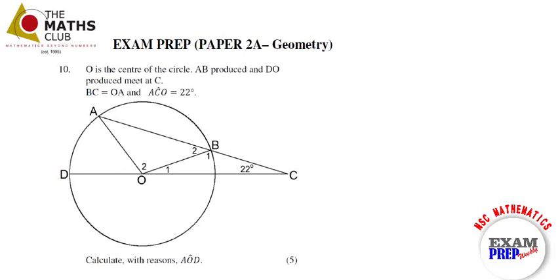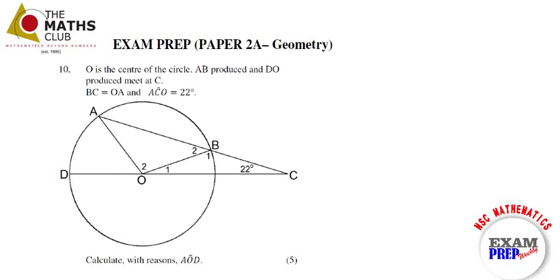All right, we're looking at number 10. O is the center of the circle. AB produced and DO produced meet at C. BC is equal to OA and angle ACO is equal to 22 degrees. This is generally how I would read the statement, but then I will read it again to start to understand